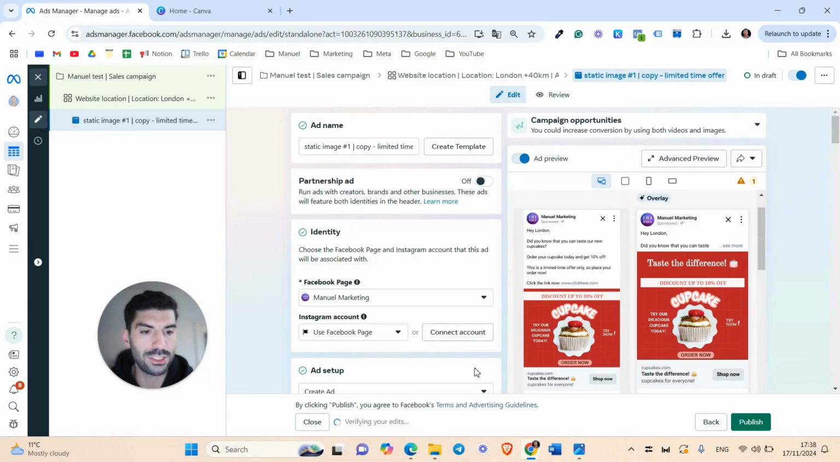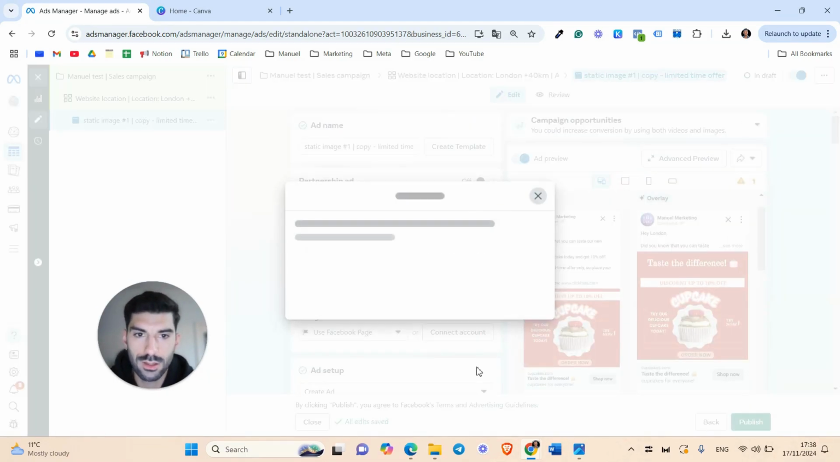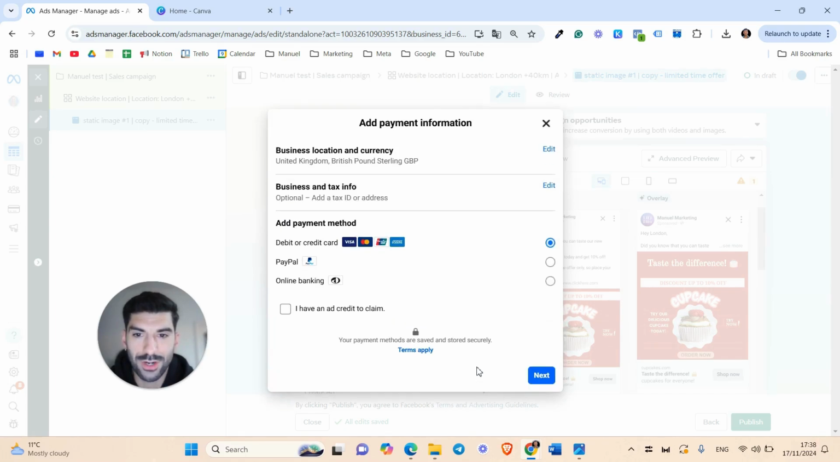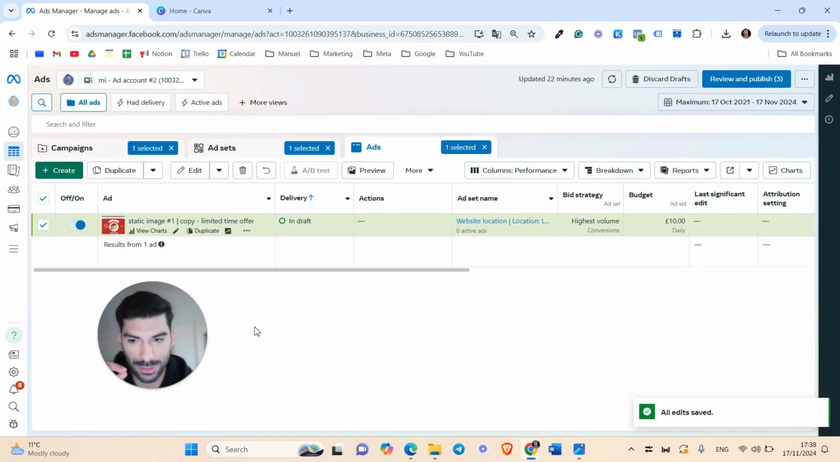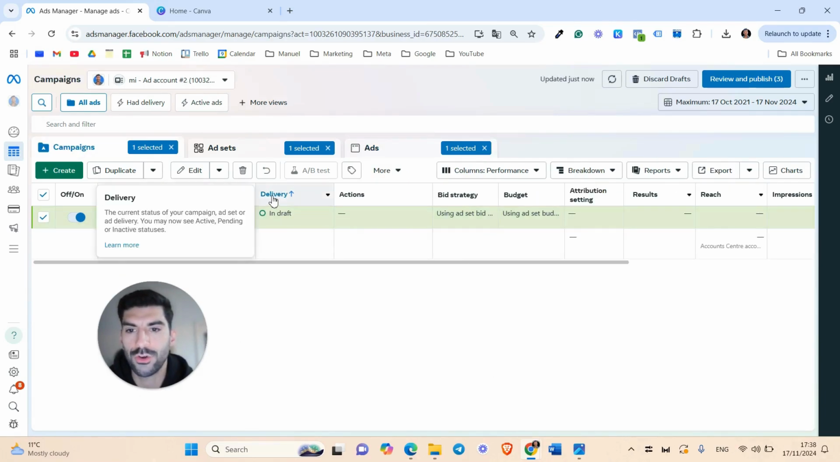I'm going to click on publish, and here we are. We need to add a credit card to let our campaign run. Now, I'm not going to do that at the moment. I'm going to leave it as it is. I'm going to close. You need to press publish, add your payment method, click publish. Okay, once you're good to go, you will have everything in here, and your delivery will be in review. So Facebook will review your